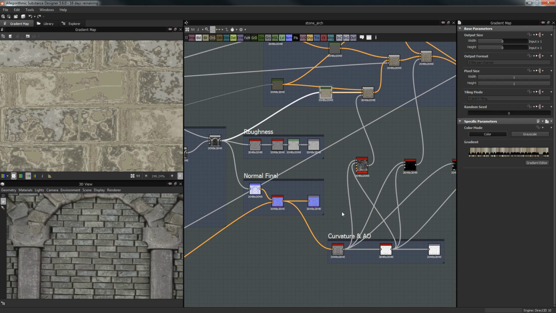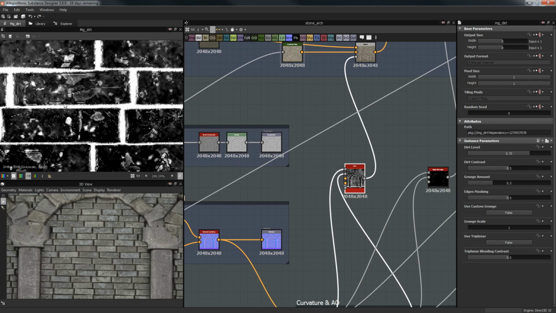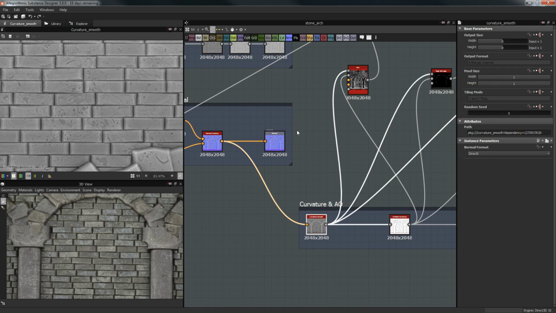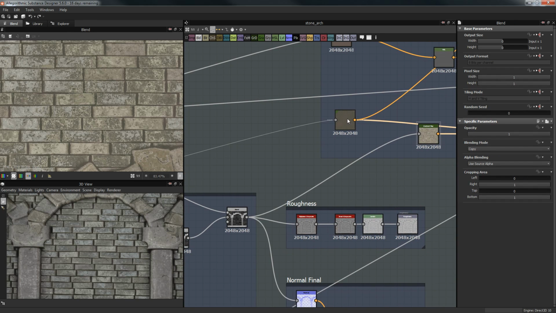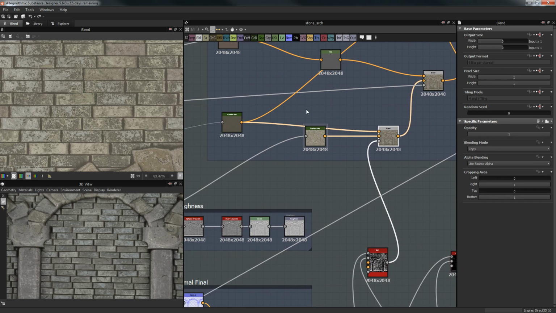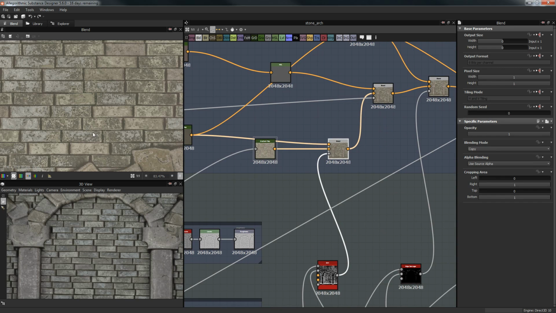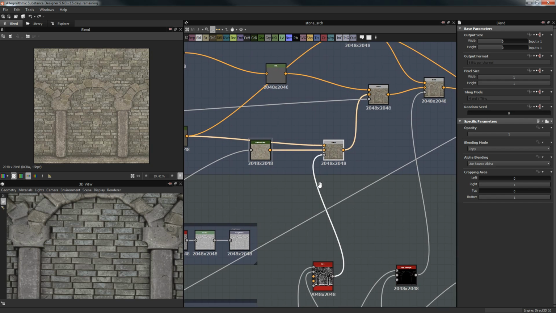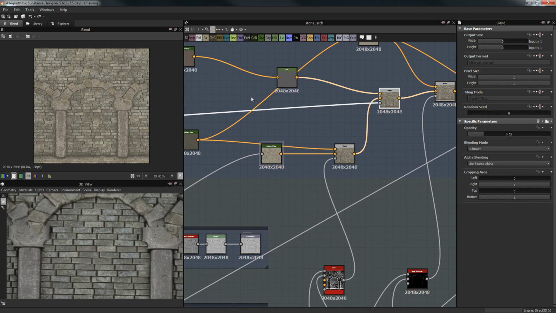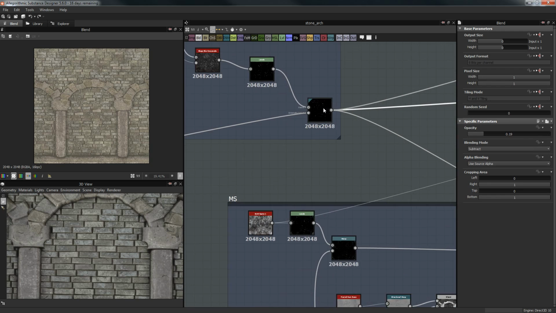So to fix that, we're going to create a dirt map from over here. As you can see, we use our curvature and ambient occlusion, and we're going to add the dirt color. We have one of the dirt colors. Okay, it doesn't matter, just add whichever you like with copy, and voila, just like that we have started to separate, and even this way it can work as a map. However, let's not stop here. And why stop here? We're going to go and get where we have our cracks,